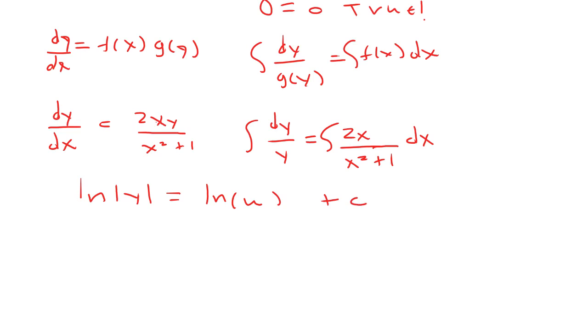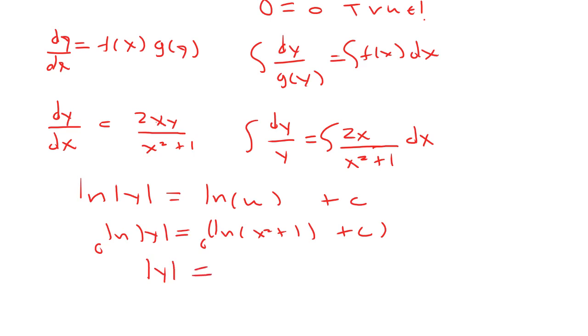Now, in any case, what you need to do with the u is plug it back in. So you have natural log of x squared plus 1 plus c, and then you have the natural log of the absolute value of y. Now, from here, how would you solve this? You would basically just take the e on both sides. The easiest way to do this is to say that you take e and raise it, so that from here you can rewrite this as the absolute value of y equals